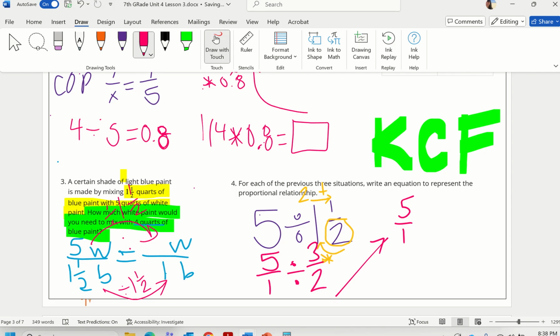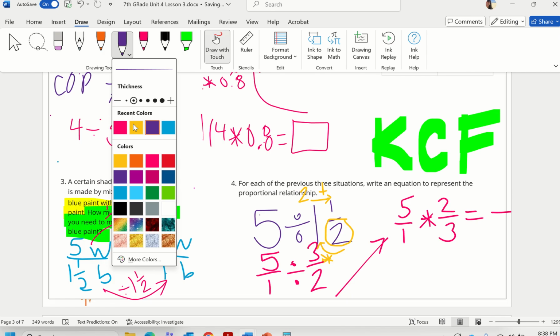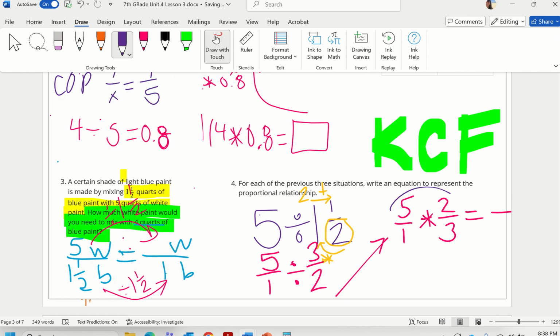My division changes to multiplication. And then my final fraction I have to flip. So instead of 3 over 2, I have 2 over 3. Hopefully by now you're recognizing, we're multiplying fractions. And when we multiply fractions, we just multiply across. So to get my answer, I would have to do 5 times 2 to get my numerator, 3 times 1